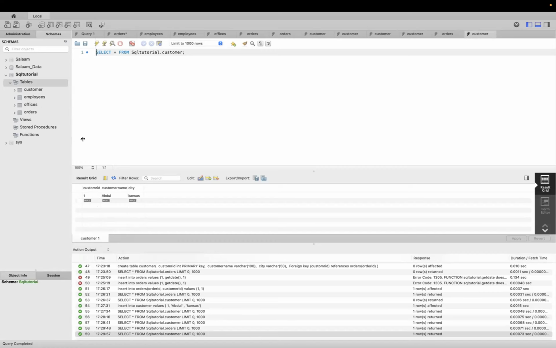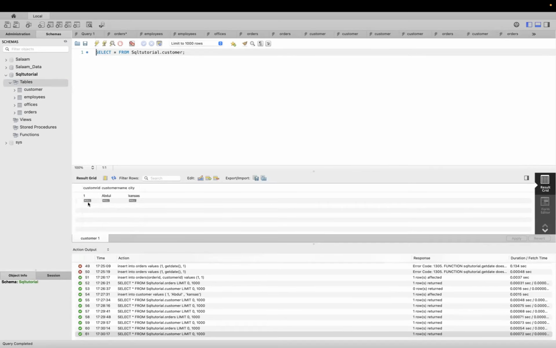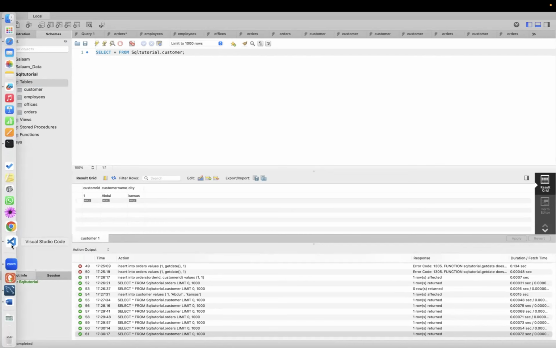If you don't have order ID 2 here, but in customers you try to enter a new item number 2, you will get an error, because this customer ID will try to go and look into the orders ID, because when you are assigning a foreign key,